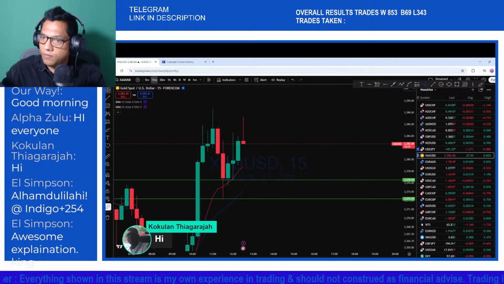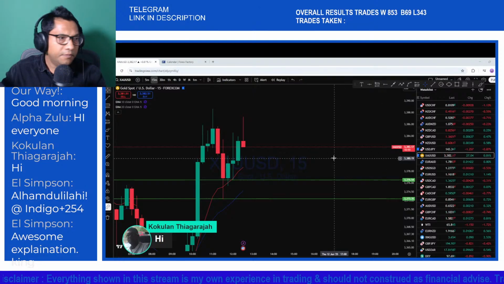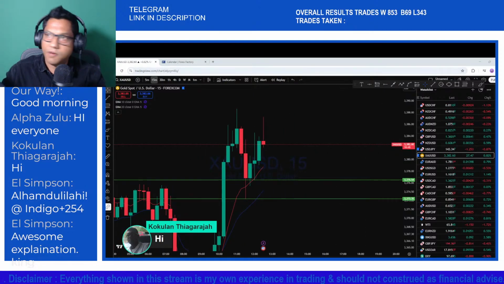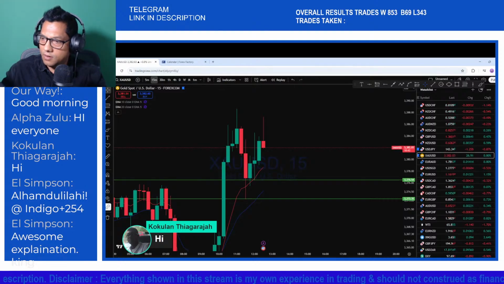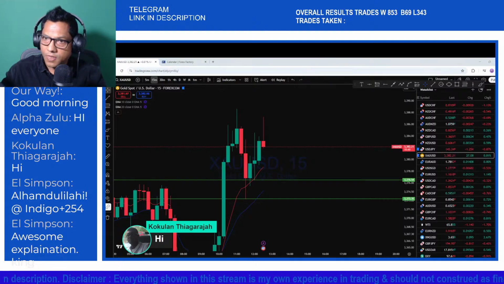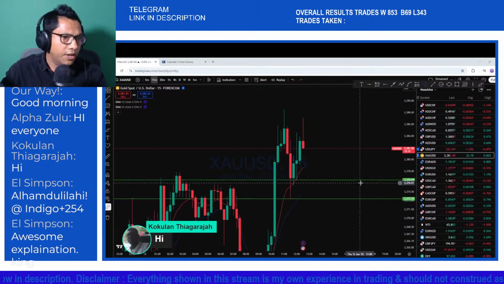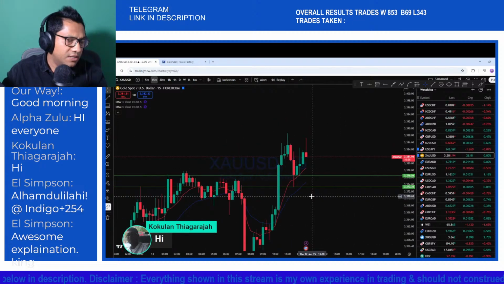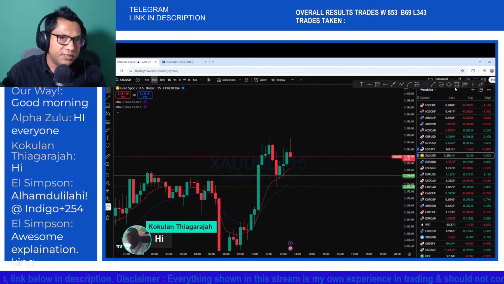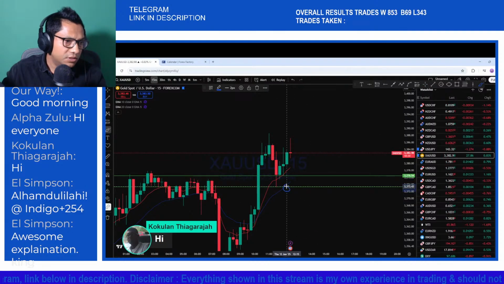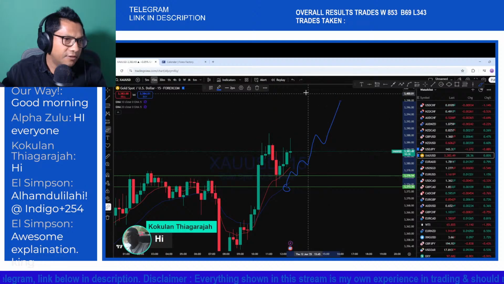Cool. Now what you are seeing here, okay, is that the market from this level, from this 20 EMA level, is trying to push back to the upside,